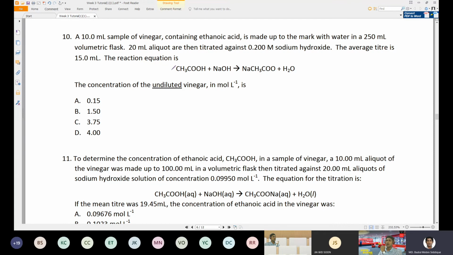We can do the C1, V1, C2, V2, and then we just multiply with the dilution factor. I'm sure that you are already familiar with it. So the dilution factor is 25 times here, and after we find the C1 from C1, V1, C2, V2,